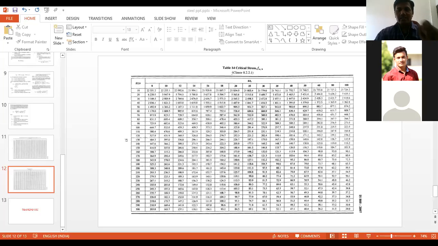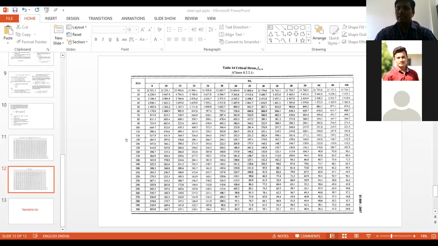What is the meaning of simply resting? It is a simply supported beam actually. Now listen, no grade of steel is given. In the absence of data, you can assume the grade of steel. So once again, I am reading the question: design a laterally unsupported beam having a clear span of 4.5 meter, simply resting over bearings of width 250 mm.